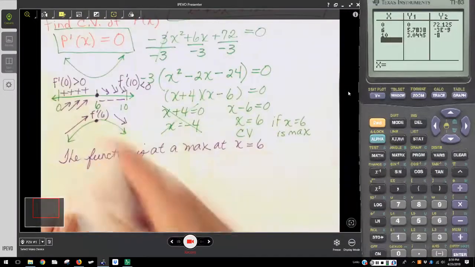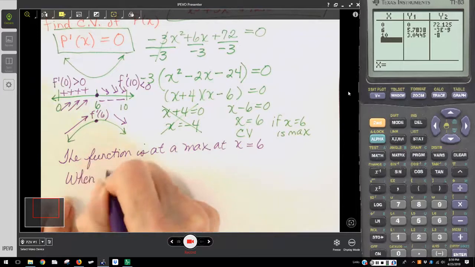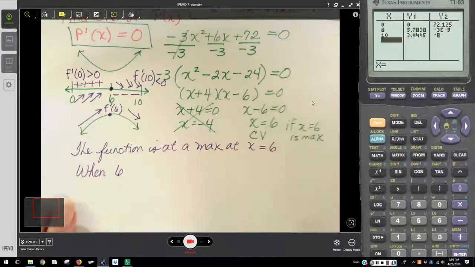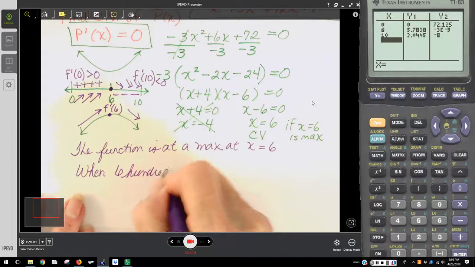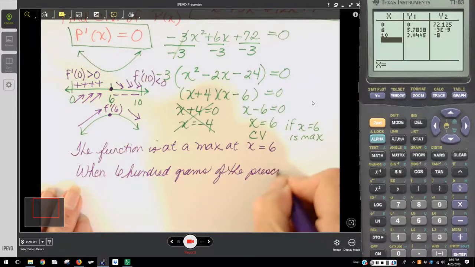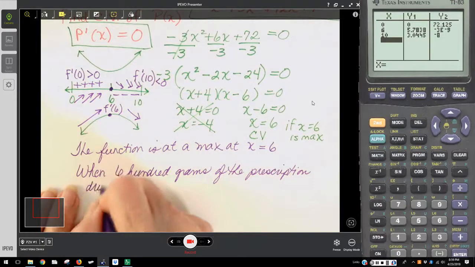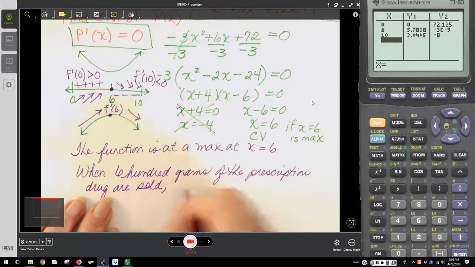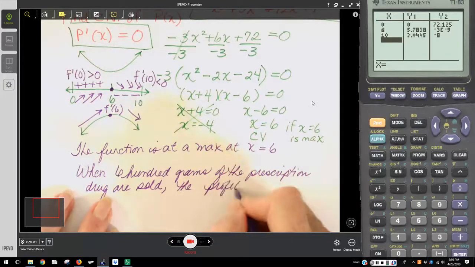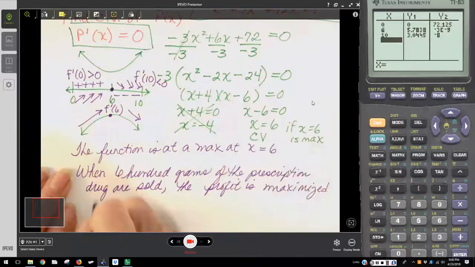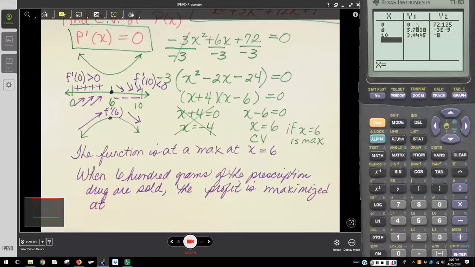So in terms of the problem, when 600 grams of the prescription are sold, the profit is maximized at, and then the calculator helps us out again here, at x equals 6, the value of the profit function is 5.7838,